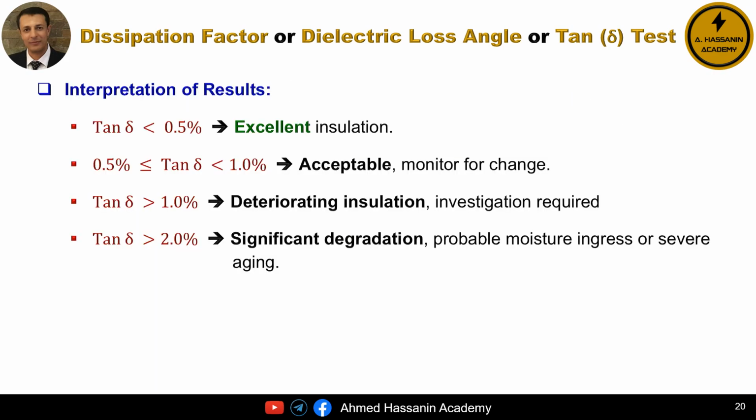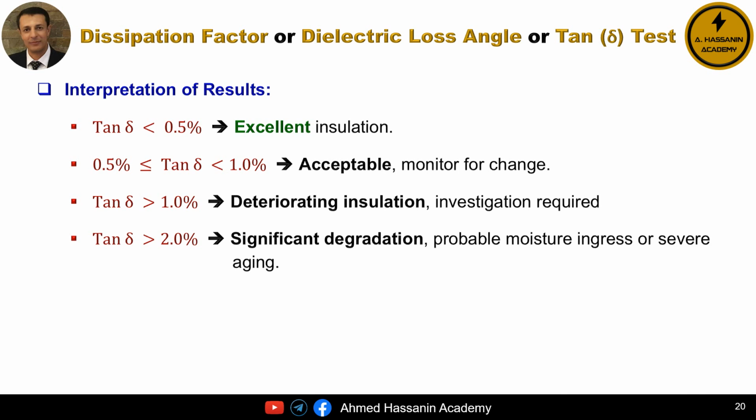As I mentioned, if the tan delta percentage is less than 0.5%, this is evidence that the insulation is excellent. If the tan delta percentage is between 0.5% and 1%, this value is usually acceptable, but the insulation condition must be monitored. However, if the tan delta percentage is greater than 1%, and especially if it exceeds 2%, this is strong evidence